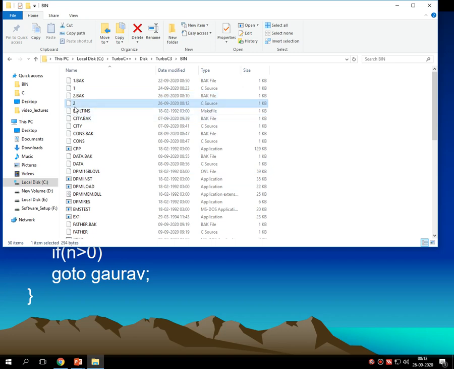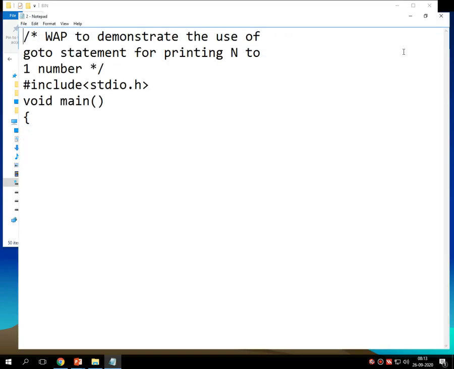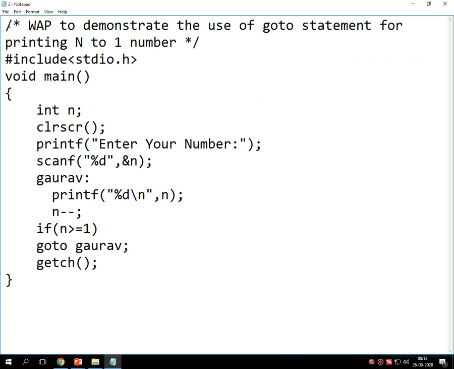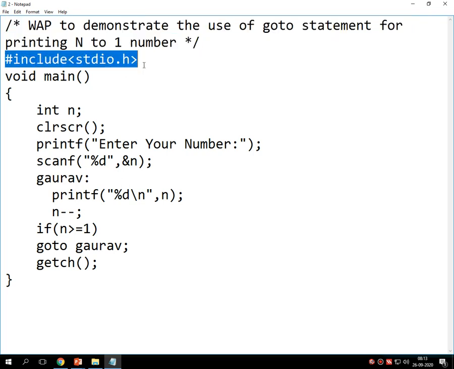And I am opening this code. I have saved this as 2.c, I think. Yes. This is the command: write a program to demonstrate the use of goto statement for printing n to 1 number. Then #include <stdio.h>,